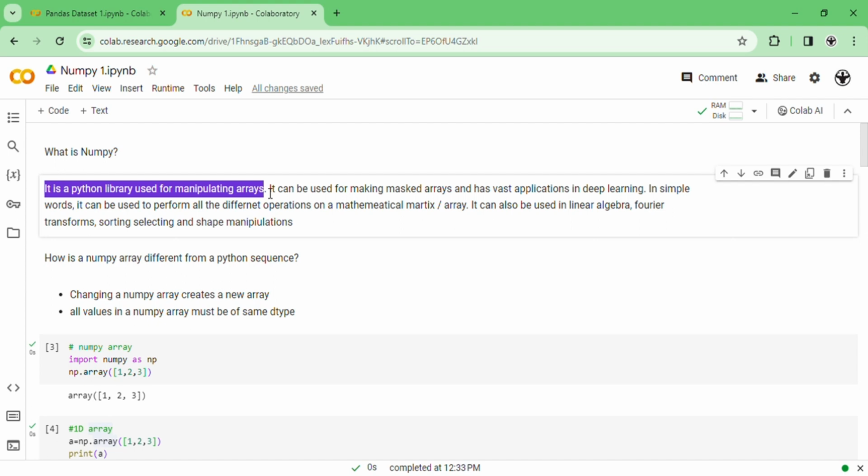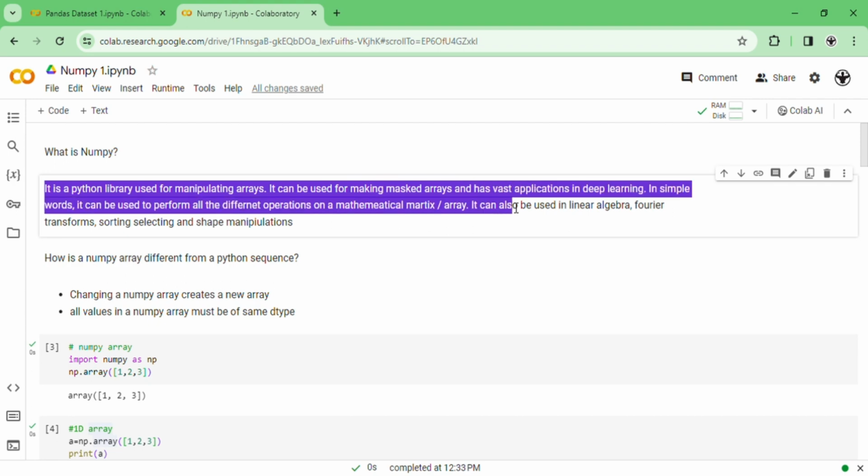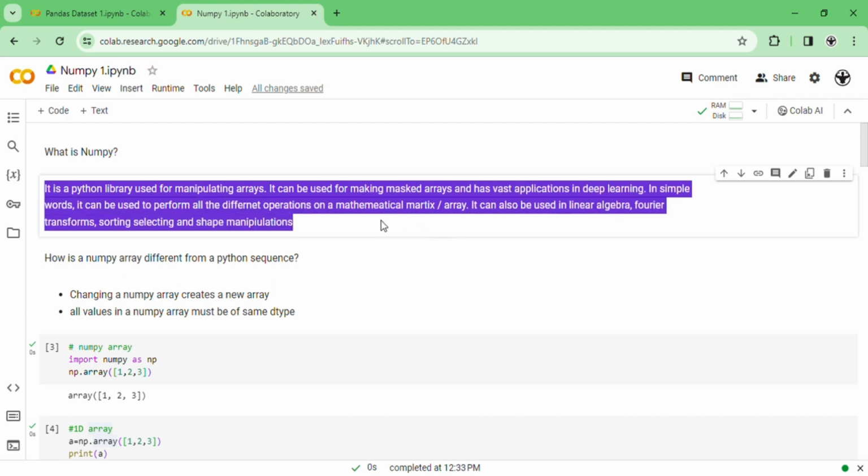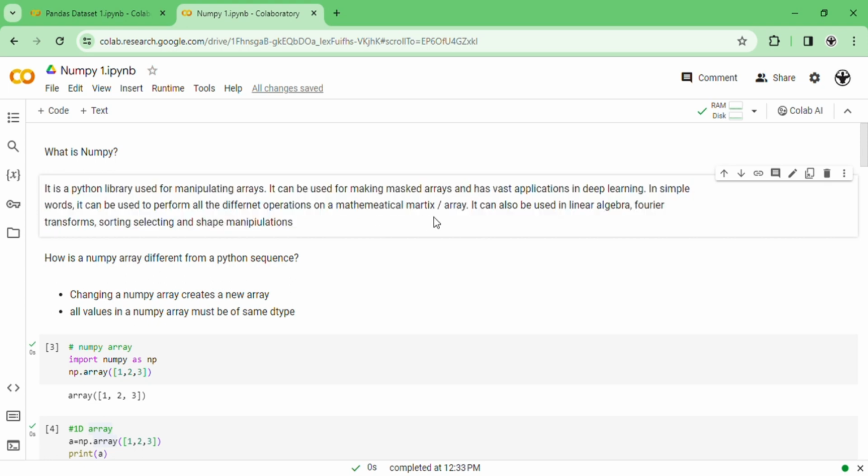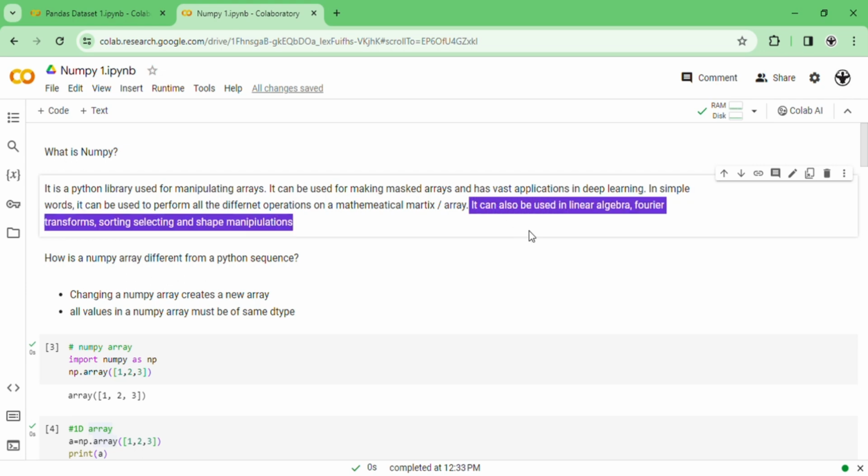We will create 2D and 3D arrays. It can be used for making masked arrays and has vast applications in deep learning. In simple words, it can be used to perform all the different operations on a mathematical matrix array. It can also be used in linear algebra, Fourier transformations, sorting, selecting, and shape manipulation. It has vast applications in deep learning, in neural networks, and